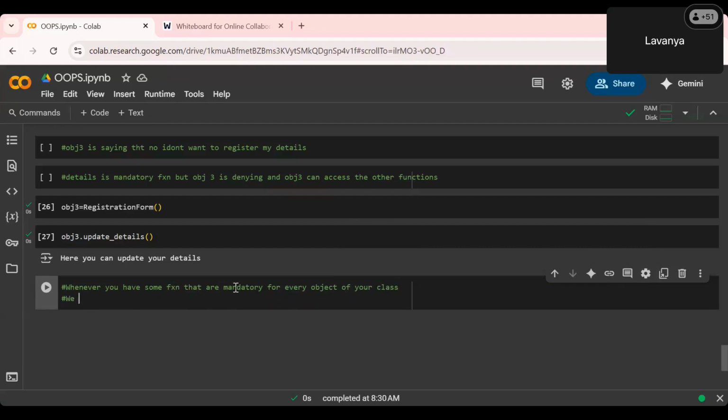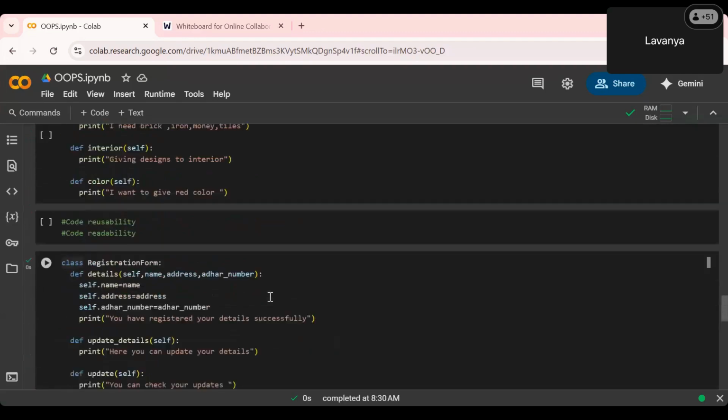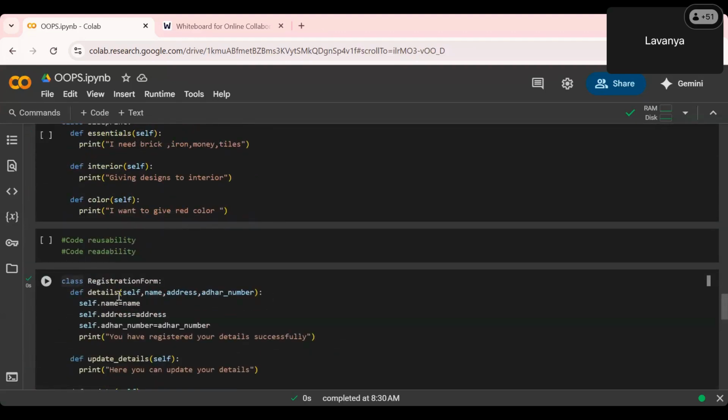We use a constructor, everybody. Now how can we use that? In place of these details, I will write here